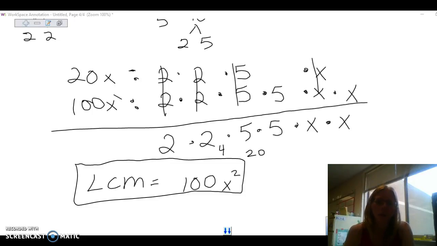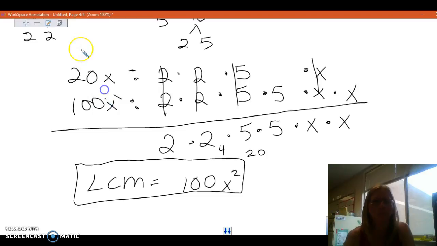If you have a third one, you're using the same process. But just realizing that you're going to have to add that extra number. So if I had 15x cubed here, I would do the 3 over here, a 5 matched up with all 3 of them, x, an x matched up here and an